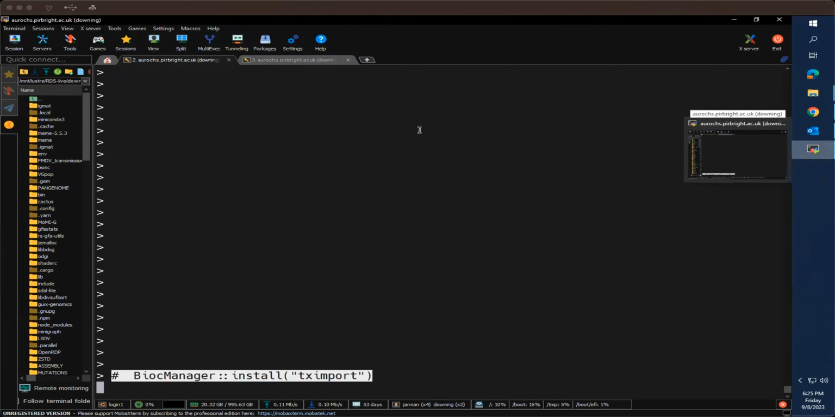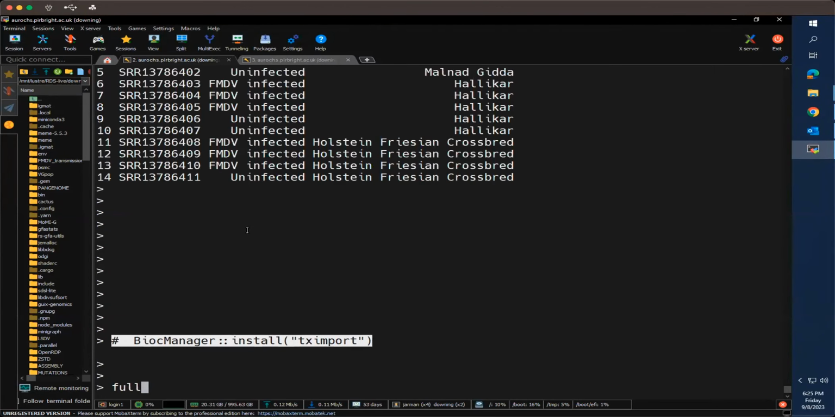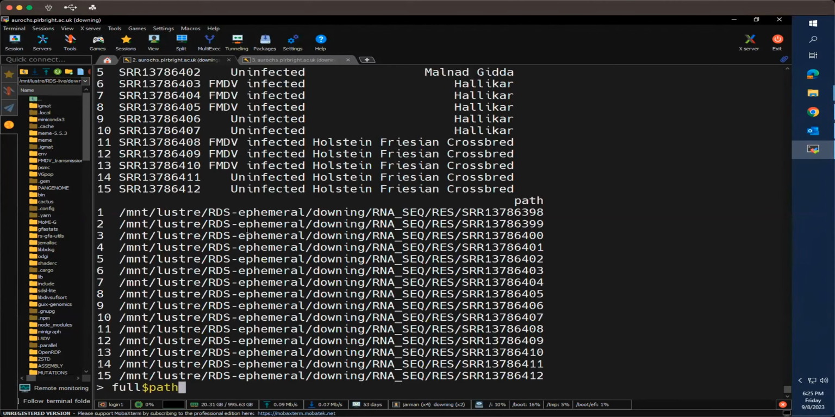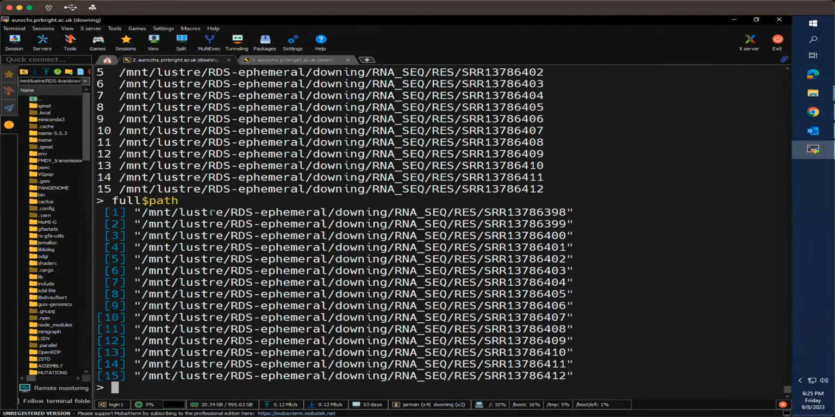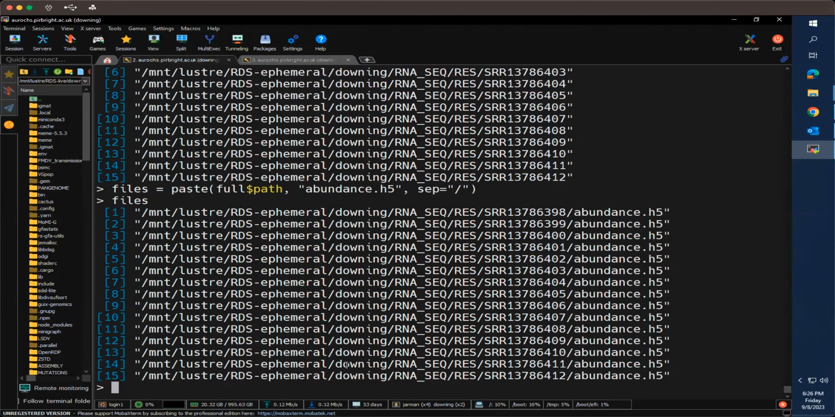What we're going to do is use our file path from the full data frame. So you see here, if we go full data path, we have the file paths that we need. We need the file paths to know where we're going to get this data. Hence we have this expression here where we paste the abundance.h5 file onto the existing path, separated by the /, so the files correspond to the files of interest here, numbers